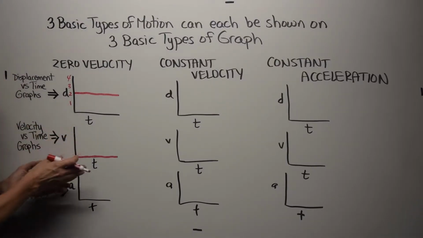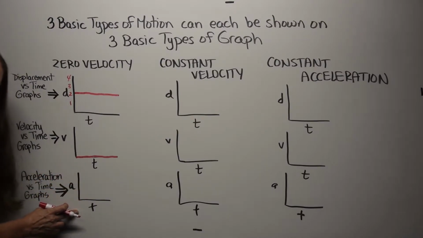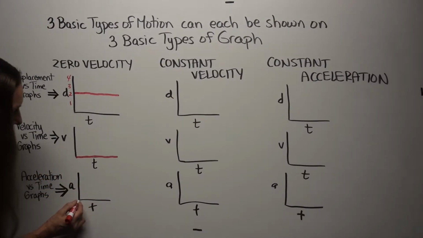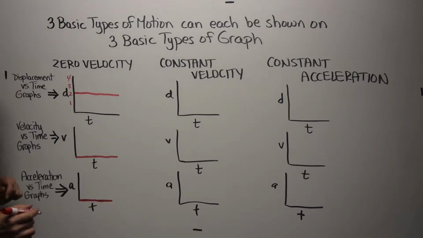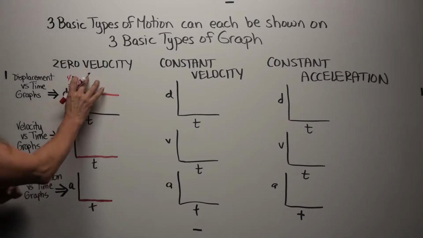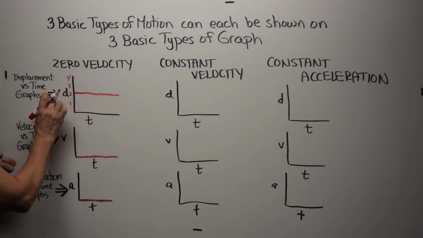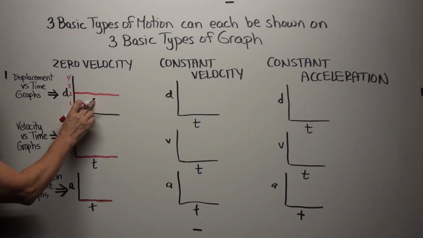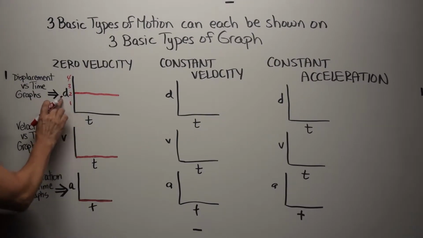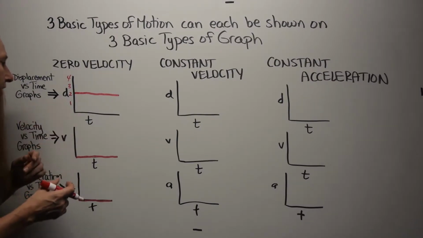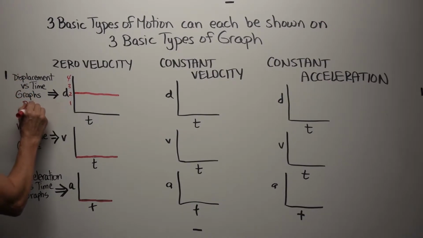Well, if you're not moving, then you're definitely not accelerating. So the acceleration also has to be 0. So if you are undergoing 0 velocity, if you're standing in one place, a distance time graph would look like this. A displacement time graph, distance time graph also. But a displacement time graph would look like this. Displacement time graph is sometimes also called a position